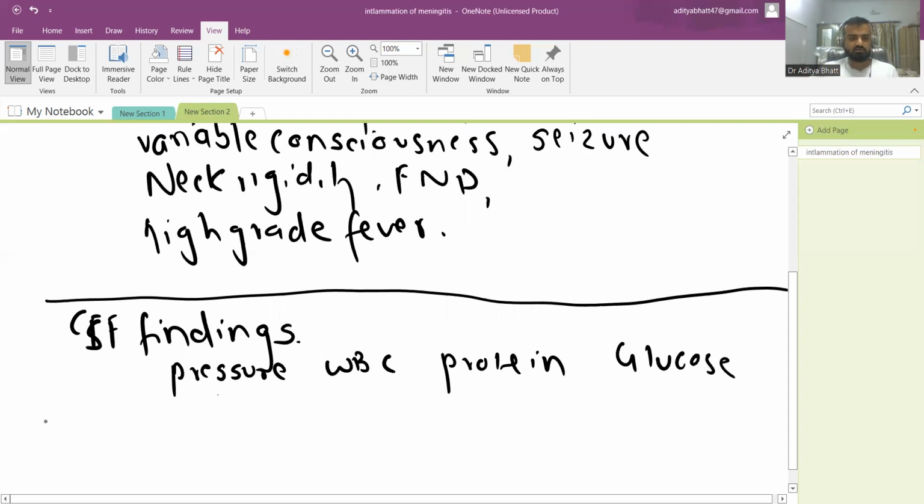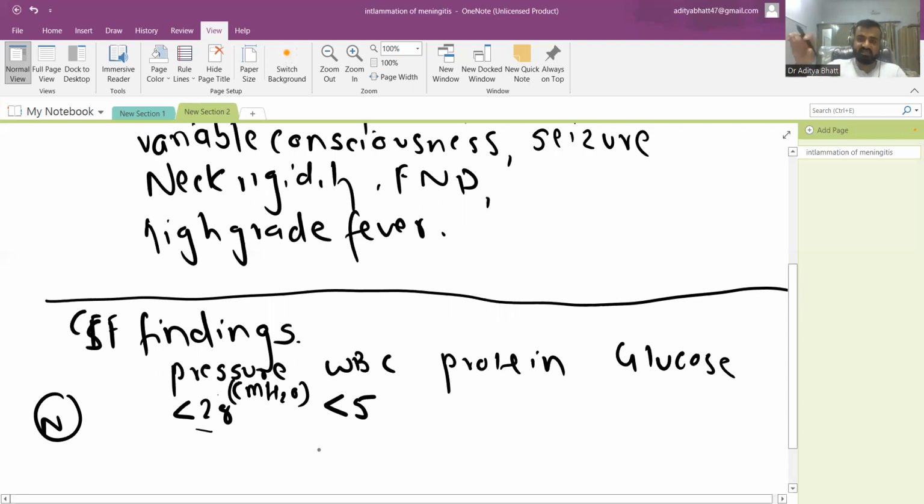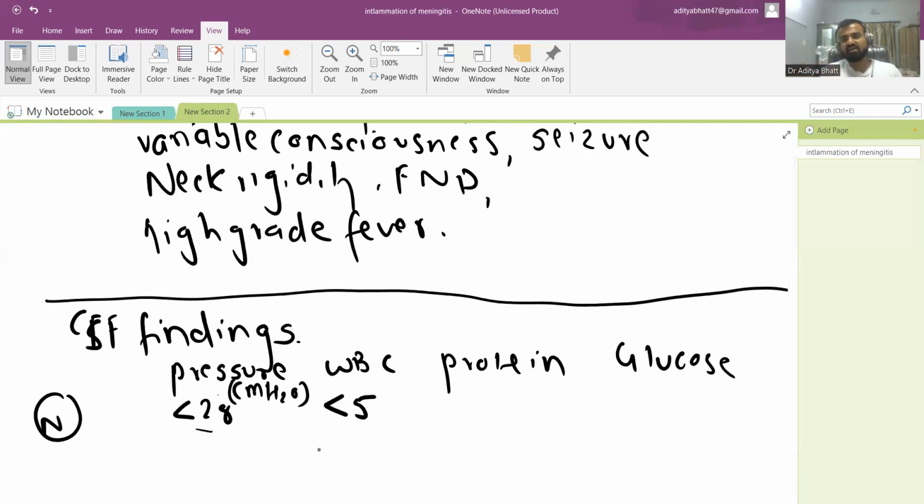Okay, so normally what is the pressure that we consider? That is 28. All this pressure is in centimeters of water, so you have to remember this, not millimeters of mercury. Normally leukocytes are less than 5, and a single polymorphonuclear cell is abnormal. So normally less than 5 WBCs are present, and they are 100%